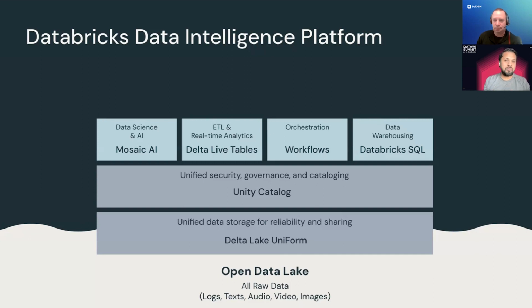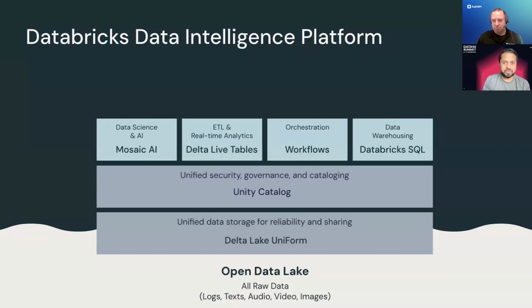On top of that, we have built data governance, and this governance helps you manage all the resources and all the permissions, not just for the people but also for the resources. As you see, it is horizontally spread across the platform. You can manage everything. And with the use of Unity Catalog, you can do lots of data science. We call it Mosaic AI. Then you can build ETL in your data layer tables, and once you build those tables, you can package them in workflows. You can also write different queries on Databricks SQL. For today's topic, we will focus more on Databricks SQL and Unity Catalog, because that is where most of the